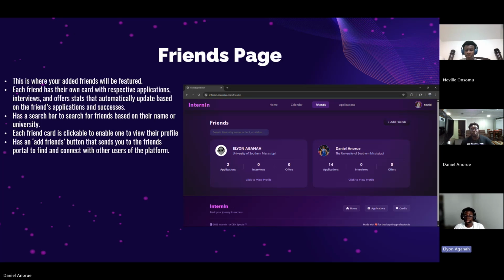Each friend that you have has their own card. On their cards, you can see certain stats. You can see the number of applications they've turned in, the number of interviews they've had, and the number of offers that have come from all these applications. And this is updated in real time based on how many positions they've applied to, how many interviews they've done, how many offers they've gotten, and so on. As more people realize the benefit of this platform, that it's not just an internship application tracker, but an internship application tracker with social features,